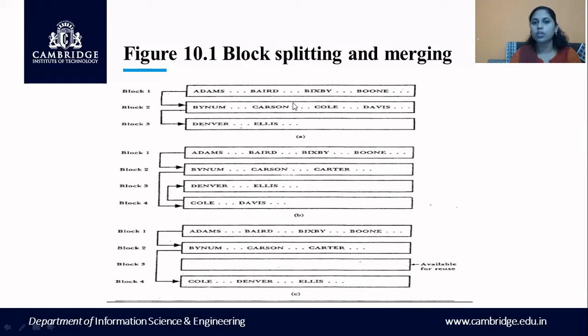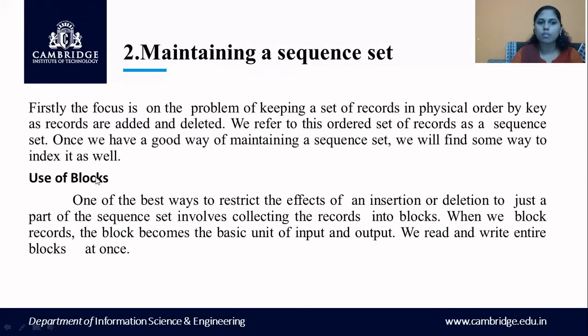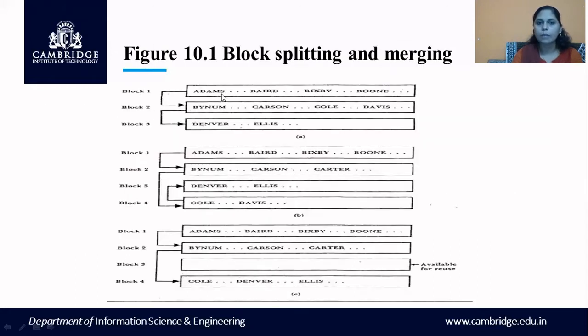Grouping of records into a structure is called a block. We have seen what a block is. Now we are seeing how a block actually appears. You can see here block number 1, and these are the records present inside this block. Now, we have a limitation on the records that can be present inside a block. Here, only four records are allowed per block.